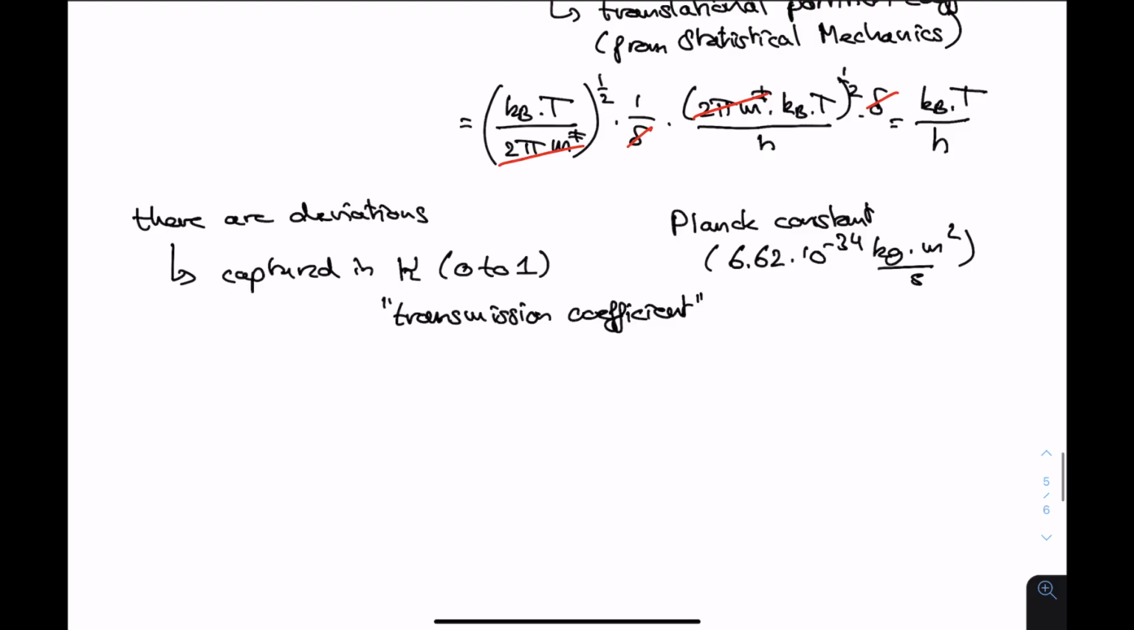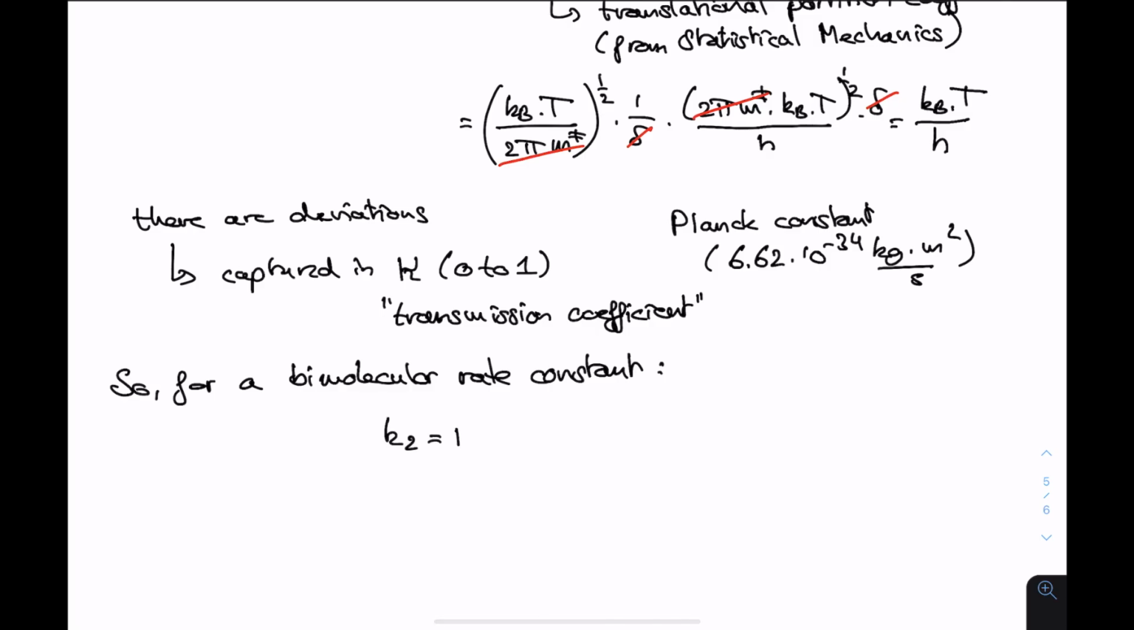Okay, so let's combine all of that. So for a bimolecular rate constant in transition state theory, we have kappa times Boltzmann constant times temperature over Planck times exponent of minus delta G of the transition state over R times T. So this is a very nice result, but there's always a but,